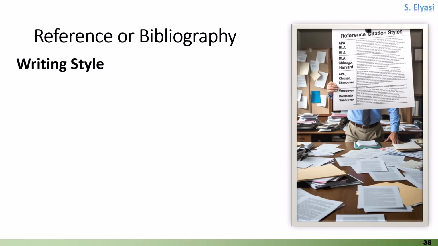Entries should be alphabetized by the author's last name or title if no author is available, ensuring that the formatting remains clear and organized. Additionally, it's important to double-check that every in-text citation corresponds to a full entry in the reference section. Next, I'll explain each style in detail and provide examples for different types of sources.